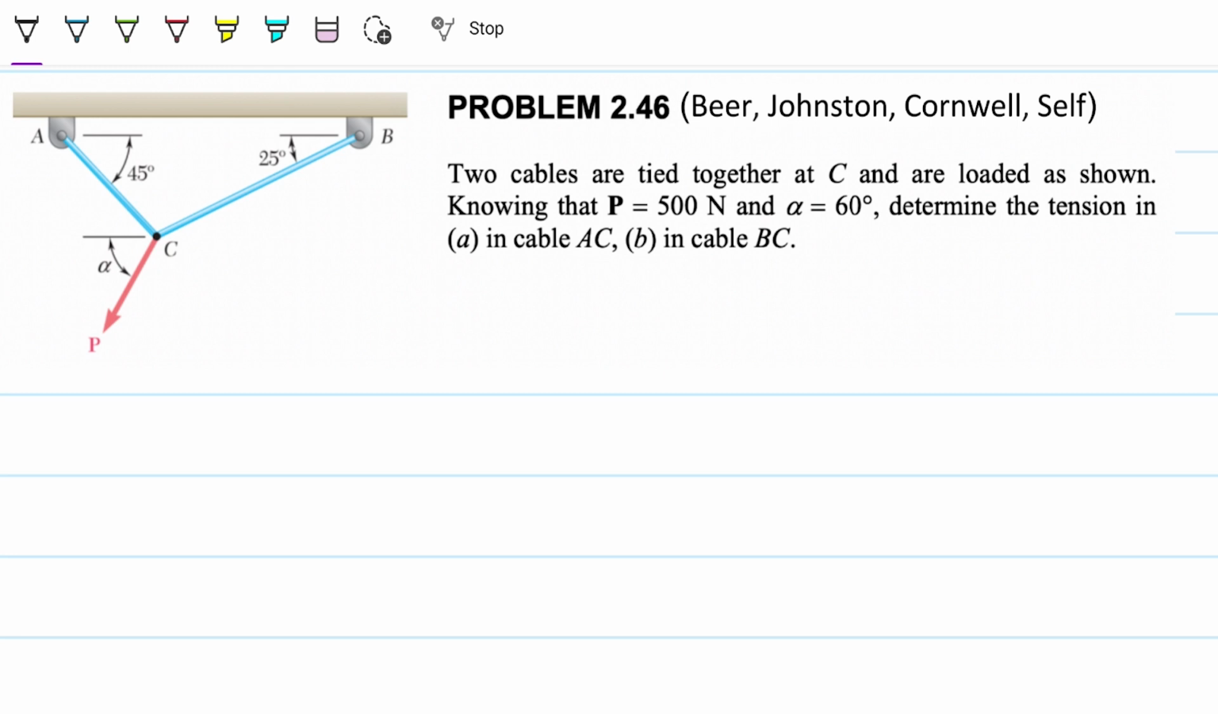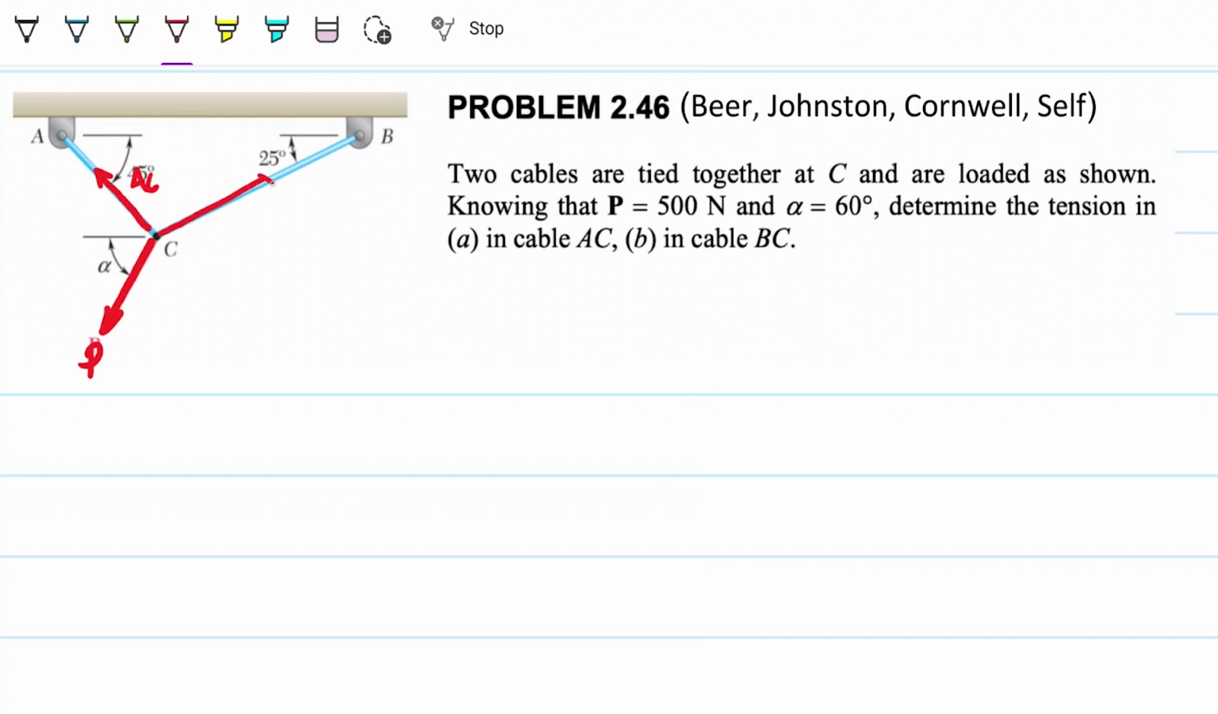Okay, so the problem statement reads, two cables are tied together at C and are loaded as shown. Knowing that P equals 500 newtons and that alpha is 60 degrees, determine the tension in cable AC and in cable BC. So what we have here is the force P this way, and countering that force, making sure that the sum of forces is zero, is a tension AC over here,